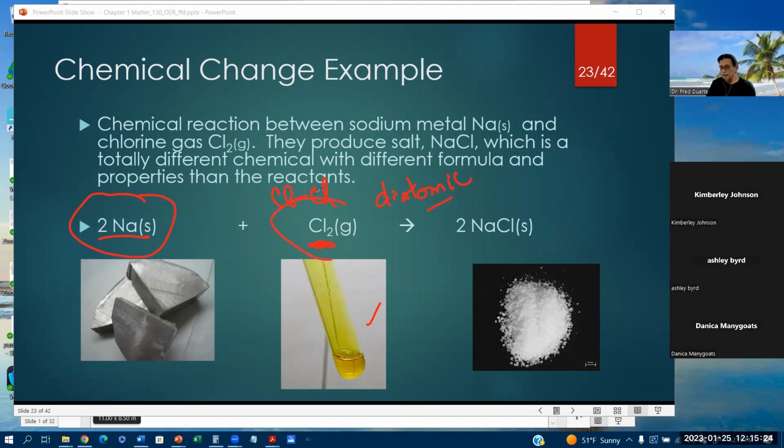And we have a non-metal. We're going to learn the difference between this metal and a non-metal, a very poisonous gas. And then when they react, guess what? We form this compound, which you can put on your French fries, sodium chloride. Okay, and the awesome thing, from my perspective, is that what occurs